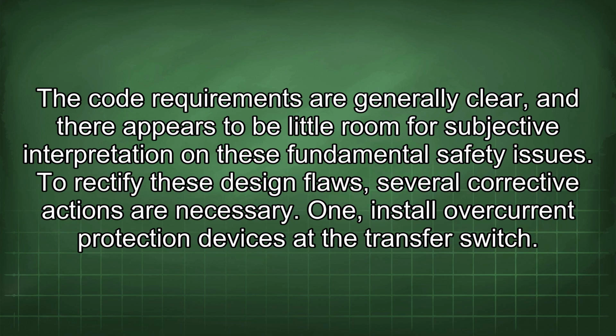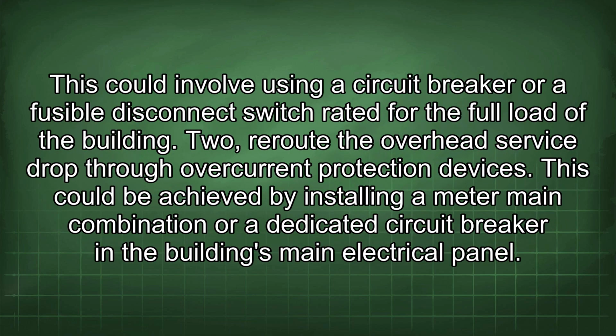issues. To rectify these design flaws, several corrective actions are necessary. 1. Install overcurrent protection devices at the transfer switch. This could involve using a circuit breaker or a fusible disconnect switch rated for the full load of the building. 2. Reroute the overhead service drop through overcurrent protection devices. This could be achieved by installing a meter main combination or a dedicated circuit breaker in the building's main electrical